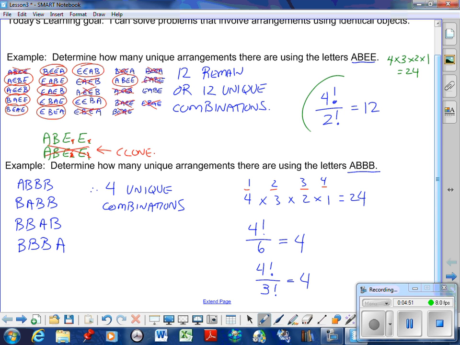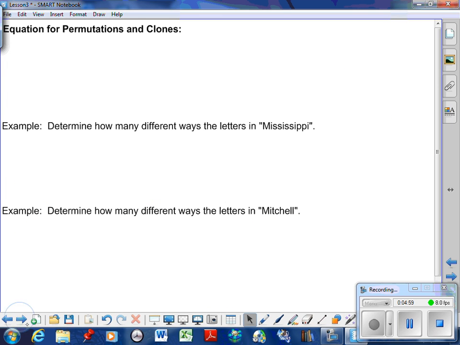Okay? So that is going to be needed for us to move on and get that formula. So here it is, equations for permutations and clones. The formula is n factorial divided by a factorial, b factorial, c factorial, dot, dot, dot. That's where